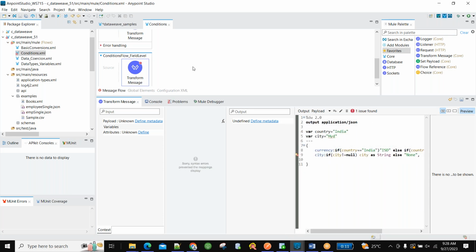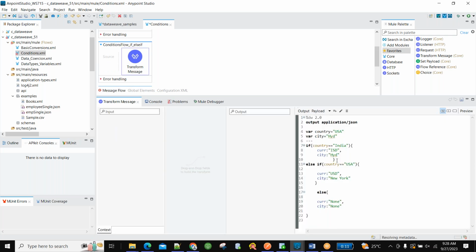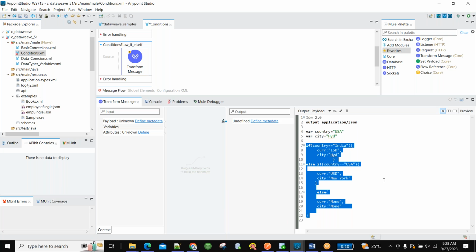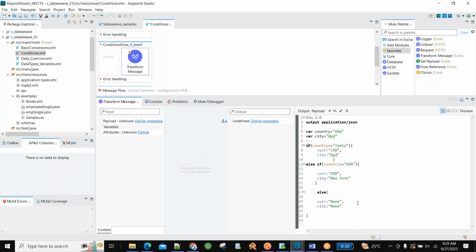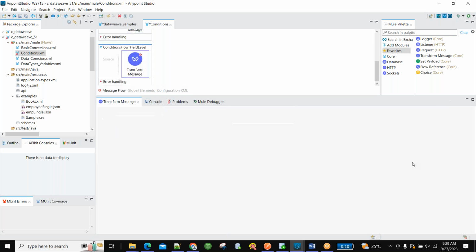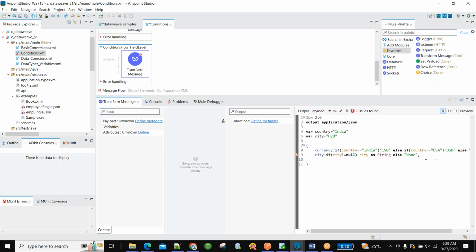The difference between this and this is, in this only these two values will get populated. What are those two values? If the condition is satisfied, currency or city, only these two elements will populate. But along with these two elements, I need one more element like department. Then this format is not satisfied, right? This format will not be satisfied. Why? Because along with these two, I need one more element as well. If you are keeping the syntax in this way, it will not satisfy. That will be satisfied if you go with field values. Here any number of new elements I can add below that.